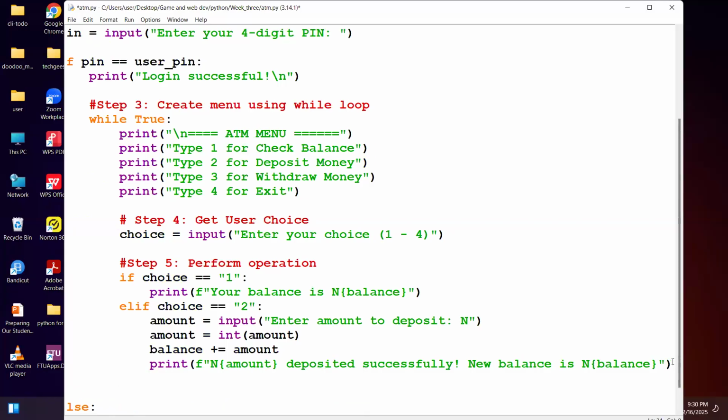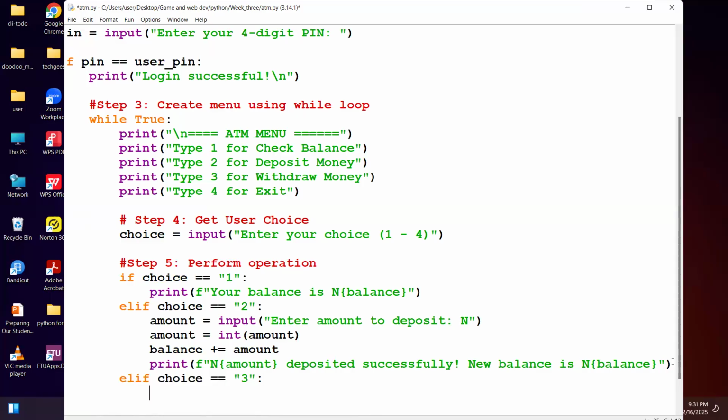So else if the choice, oh sorry, my bad, so elif choice is equal to 3,